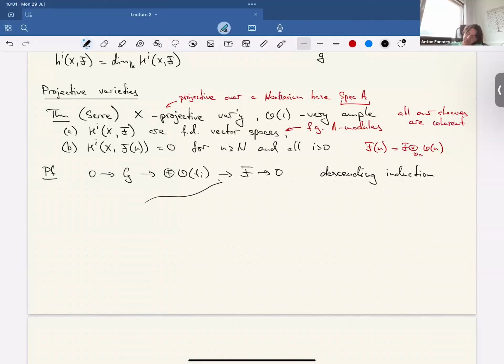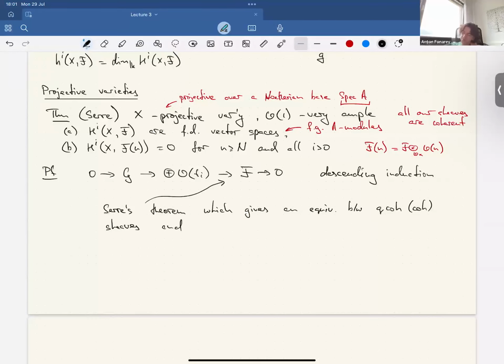This comes from Serre's theorem, which gives an equivalence between quasi-coherent sheaves, and, well, let's say coherent, where from now on everything will be coherent, between coherent sheaves and the category of graded modules